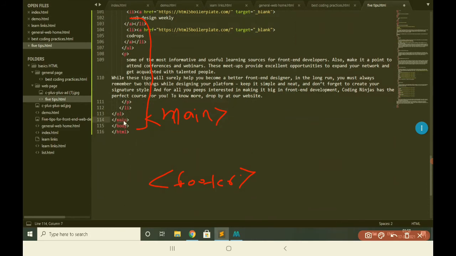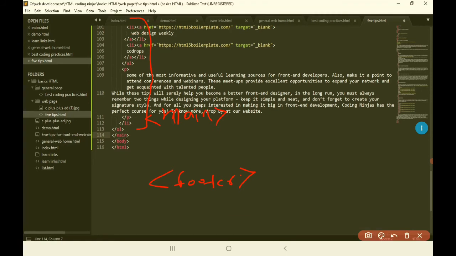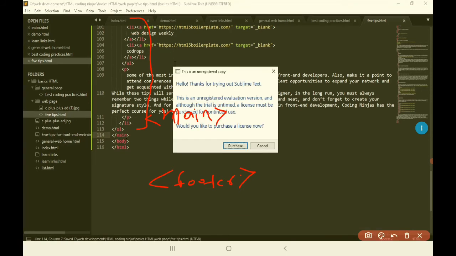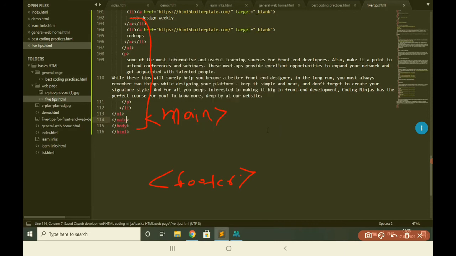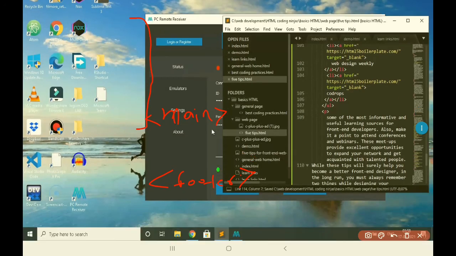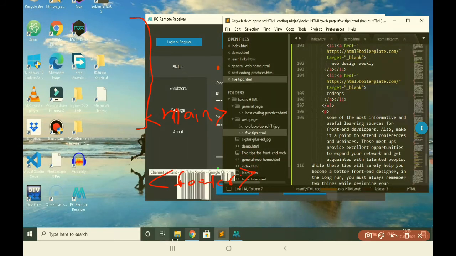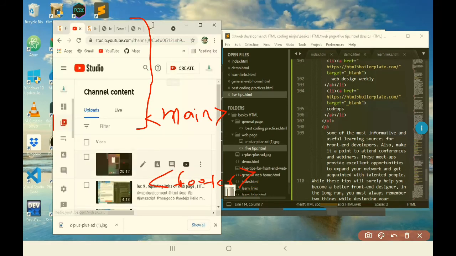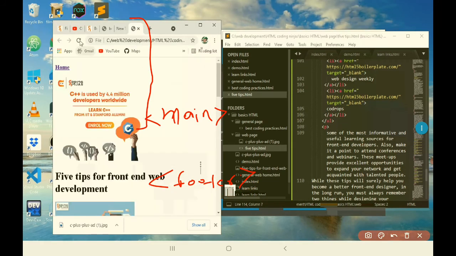So let's run this code. Control S, save it, and let's see in the browser how it got reflected. Refresh the page. See, no change is there.